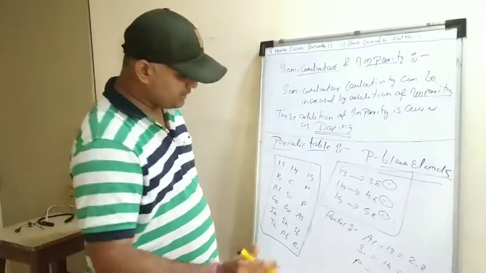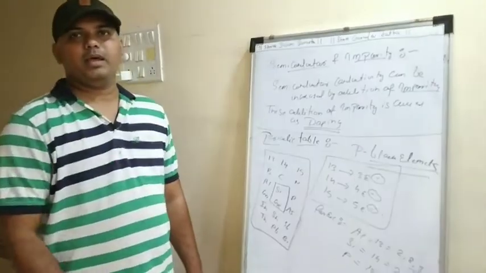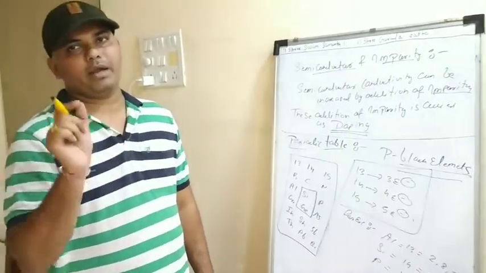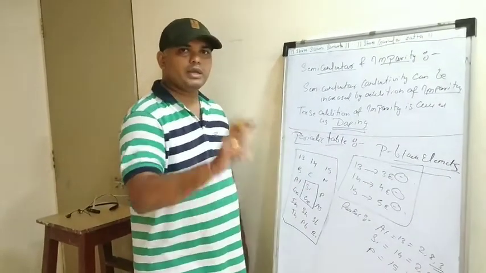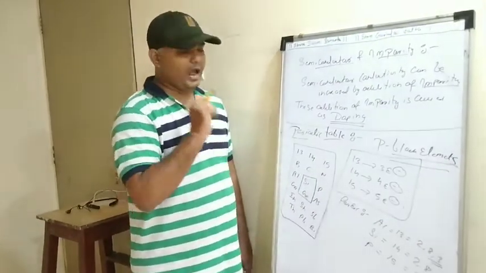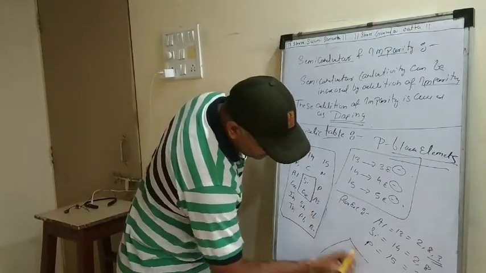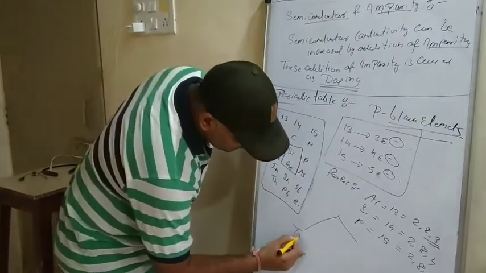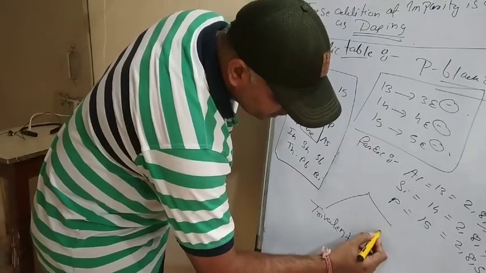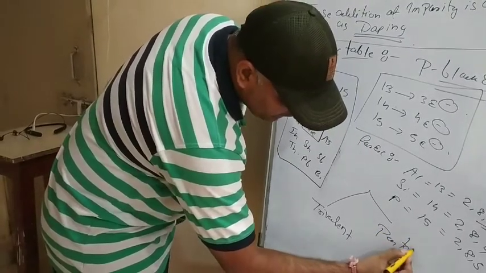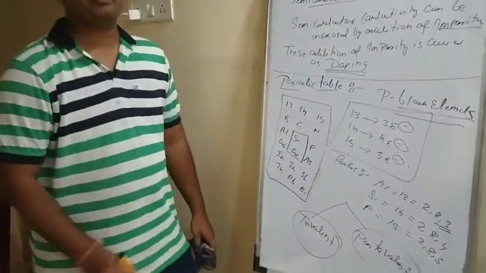But out of this, silicon and germanium are the very good semiconductors, right? So for this semiconductor, if we want to increase their conductivity, we have to add two kinds of impurity. Now what are those two kinds of impurity? Impurity number one, trivalent impurity. Impurity number two, pentavalent impurity. Right? So two impurities are there, trivalent impurity and pentavalent.